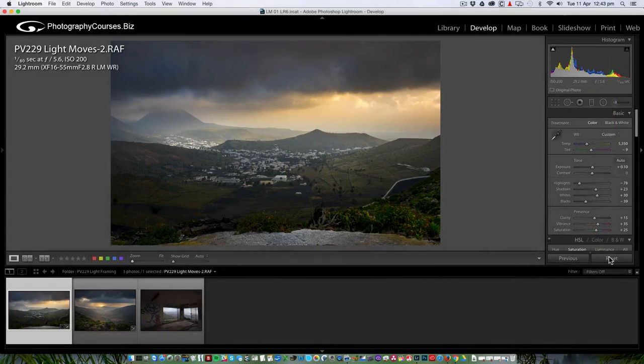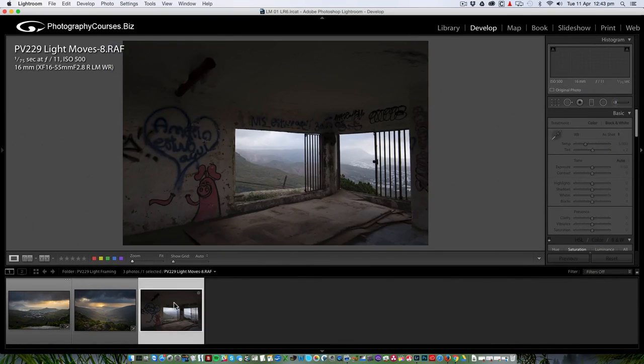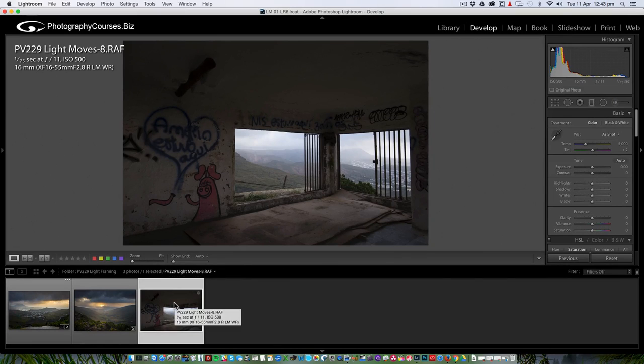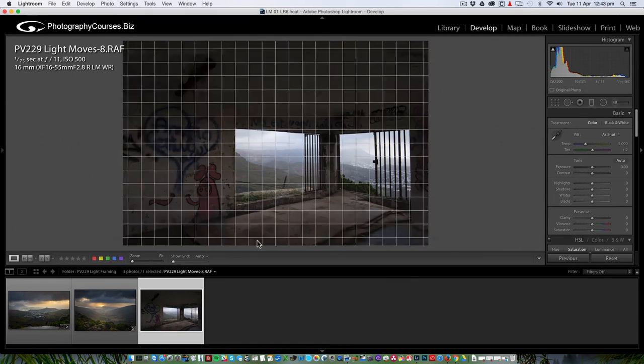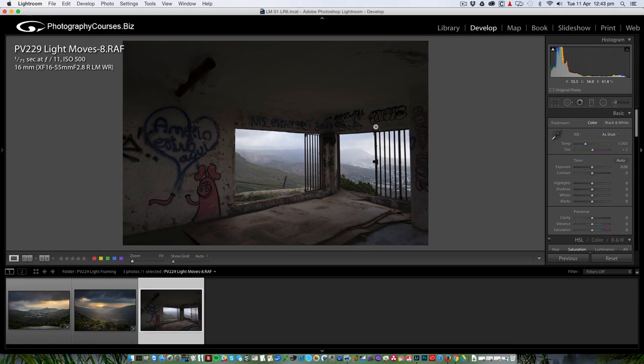So that's what went into the first image, and now let's take a look at this last one here, because this one was a little more tricky. Now a lot of you said, why didn't you shoot an HDR? Well, the thing is, I don't really need one. You can see from looking at the preview here in Lightroom, I've got detail pretty much everywhere. The histogram here is telling me that the highlights are in no way clipped. There's a tiny bit of clipping in the shadows, but most of the data in the places I need it,